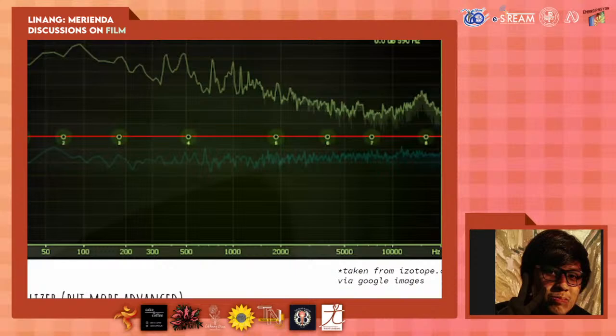It's the same as the sliders from the previous picture. If you raise one, you're boosting something, and if you lower one, you're lowering the signal of something. This is one example of plugins in your software. So next is